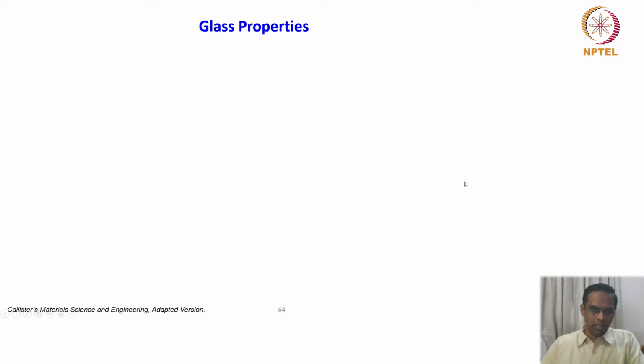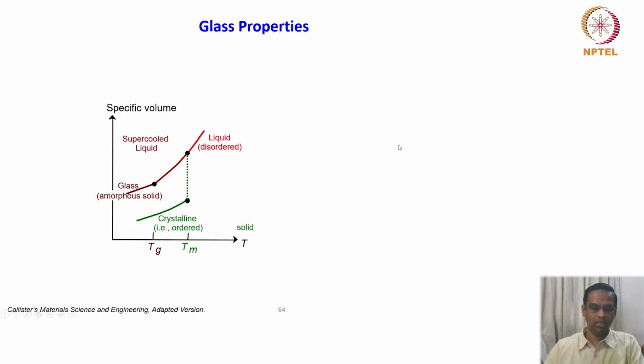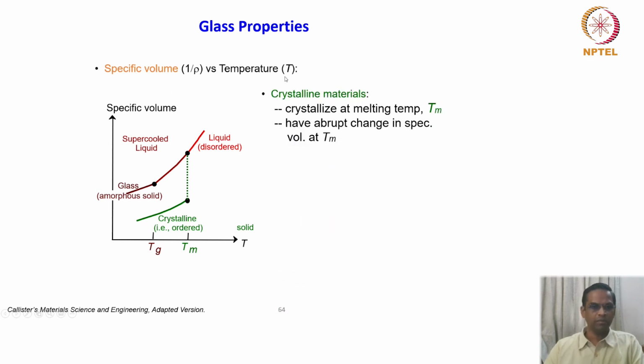And we quickly look at glass properties, because if you are thinking about a deformation of amorphous material, then glass is very important to know. So what is that we need to know about before even look at the mechanical behavior? So this popular curve everybody should know first, right? That the specific volume versus temperature. And the liquid is cooled and then it goes through, this is a crystalline form and this is a amorphous solid and this is a super cooled liquid. Okay, so the specific volume versus temperature plot.